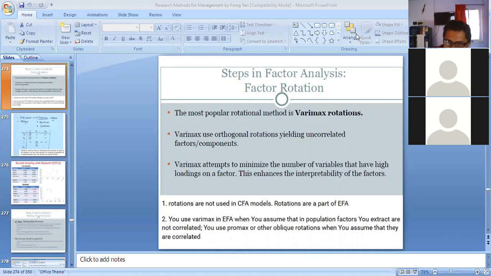So you already know which particular variables should be highly loaded onto which particular factor. So in case of the confirmatory factor analysis model, you may not use the factor rotation.